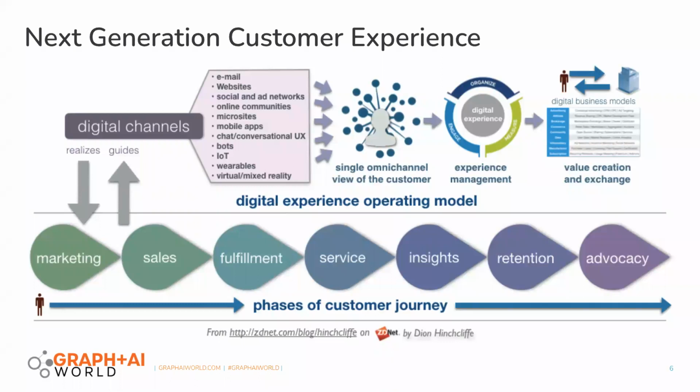Then organizationally, you're going to go through and do some kind of insights and analytics. You're going to have programs that focus on retention. And then really advanced organizations have programs that focus on turning your customers into advocates. So this is kind of looking at that customer journey or that pipeline that most people have. On top of that, you have this digital experience operating model to where you're capturing data,